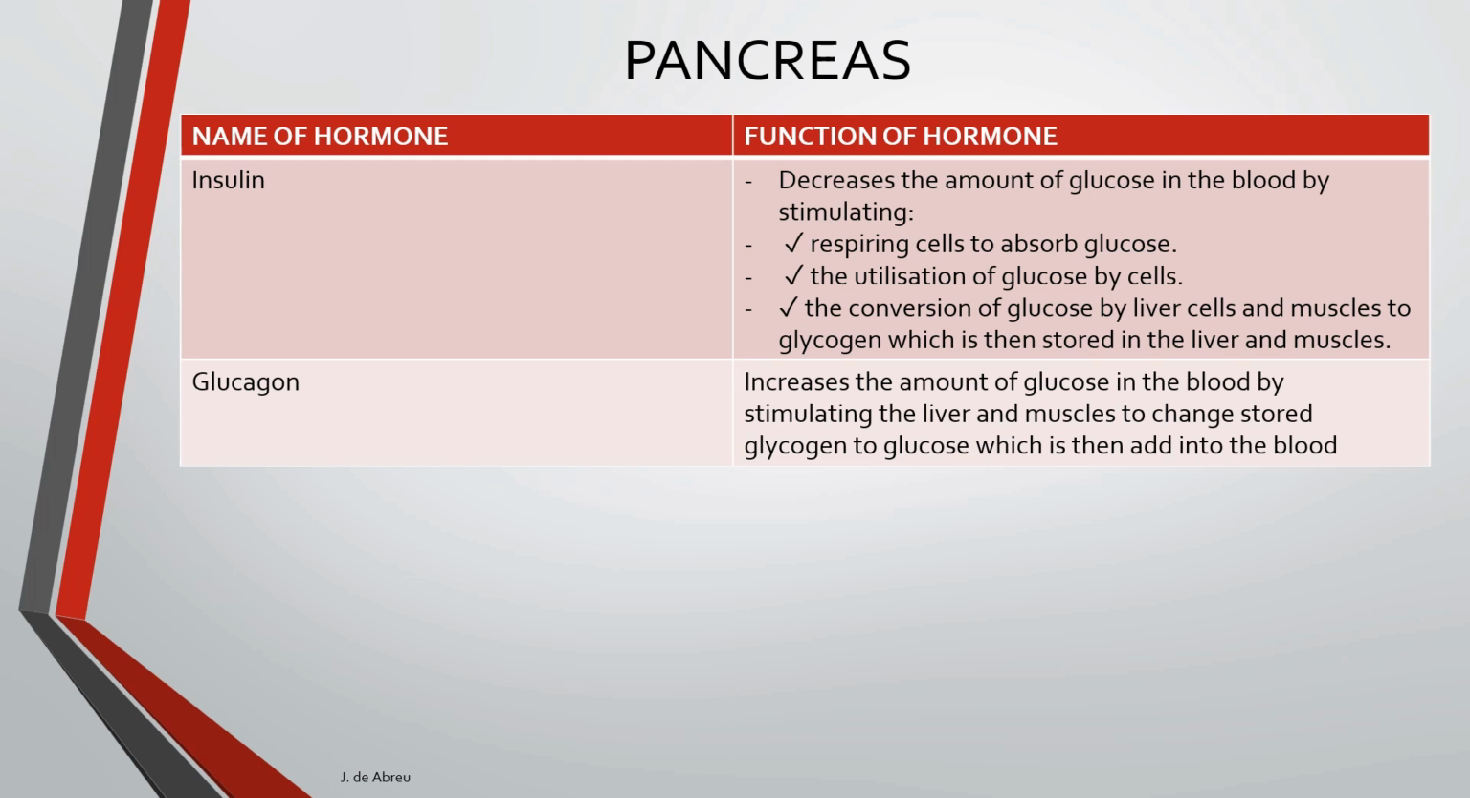Okay. Then the third thing it does is it stimulates the conversion of glucose by liver cells and muscles into glycogen. So where glucose is stored is in the liver and the muscle cells, and it is stored in the form of glycogen. And insulin causes these cells to absorb the glucose and then convert it into glycogen. And we have glycogen stored there in case we need it